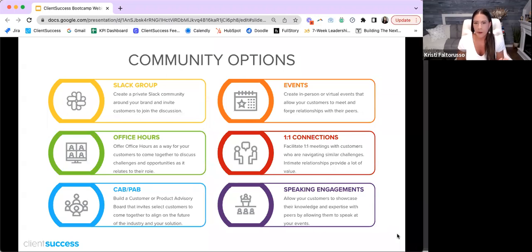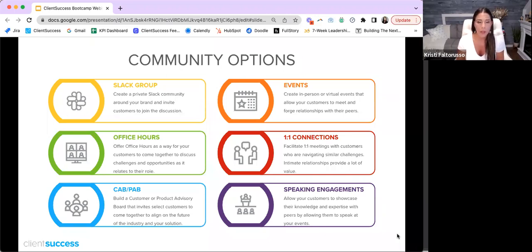Now, what I really like about office hours is it can be product agnostic. You could be inviting your customers, but be very clear: hey, each week we're tackling industry topics. These are things that are important to you. Make it have nothing to do with your product, right? This is about helping them be better at their jobs, right? Find value in navigating challenging situations that they're going through in their day-to-day. Now, of course, if you want to have some product integration in there, meaning that you want to talk a little bit about how your product can solve some of the challenges, be my guest. Who am I to tell you what not to do? But I would definitely say there's a healthy conversation to be had there, even if you're not talking about your product.